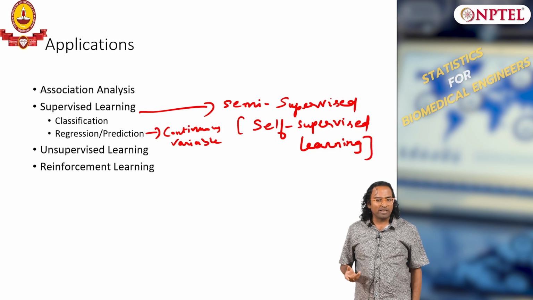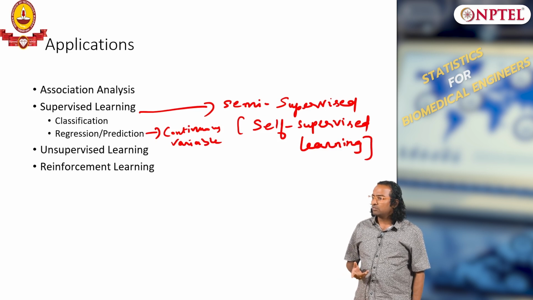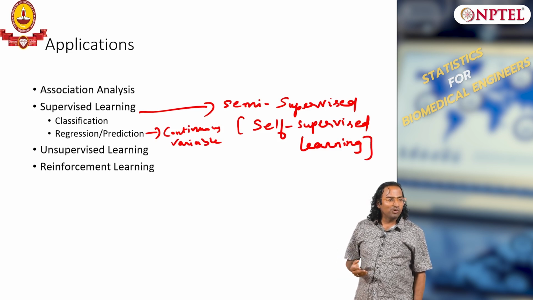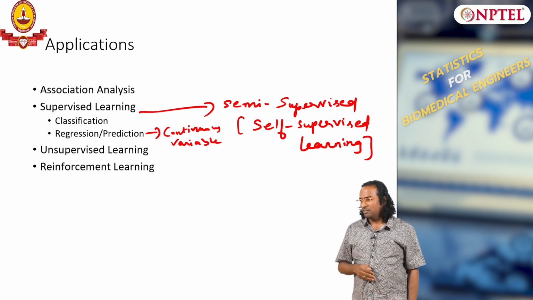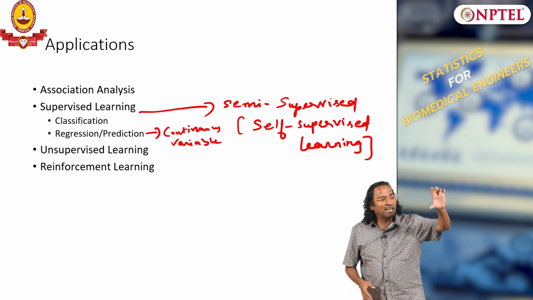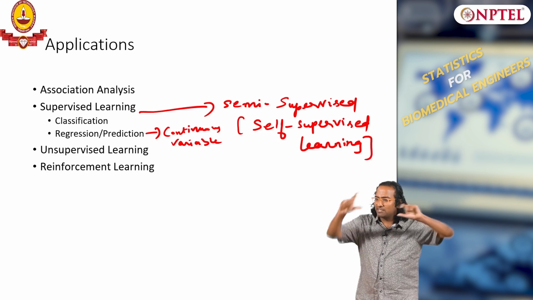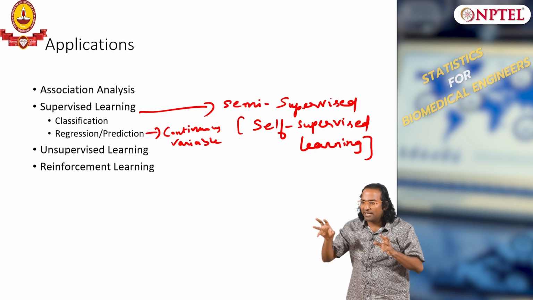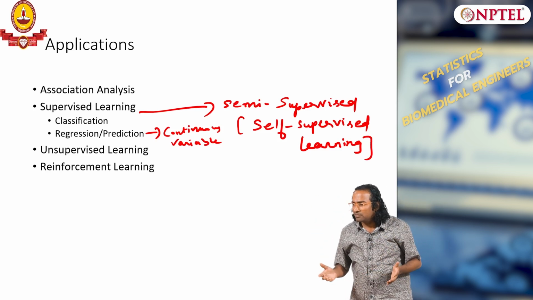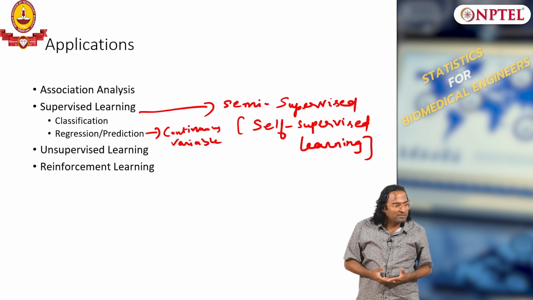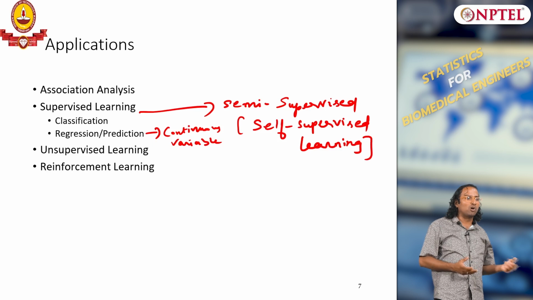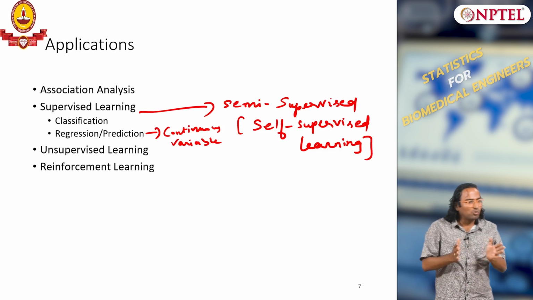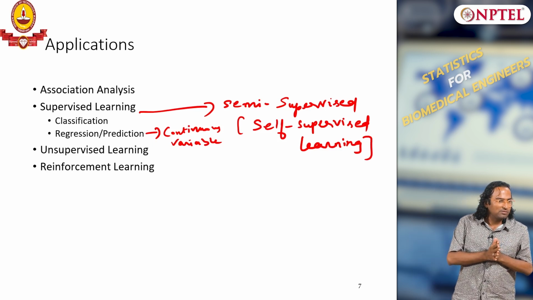These are questions which we have most often in biomedical as well. Why? Because in images you want to see the similarities, and then those similarities help make decisions in CT images. They say the size of this image, this axis, and then say this is slightly extended. Image analysis, similarity mapping, similarity analysis, that is all unsupervised learning. There is no right or wrong again, it is all grouping of things together.